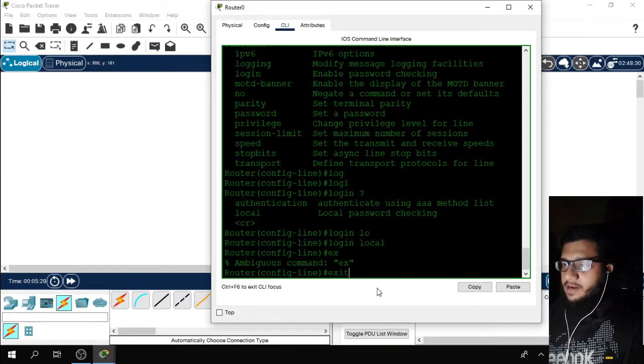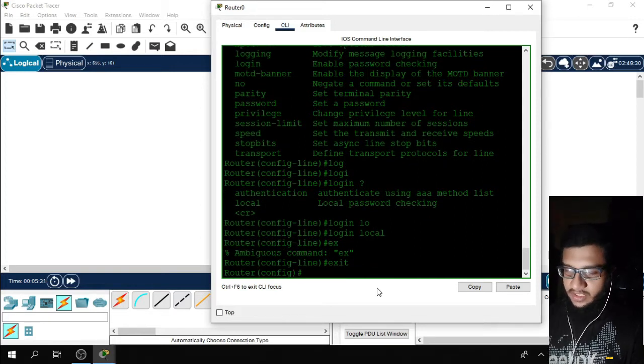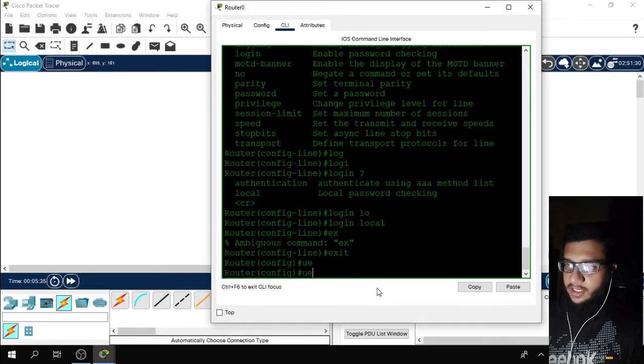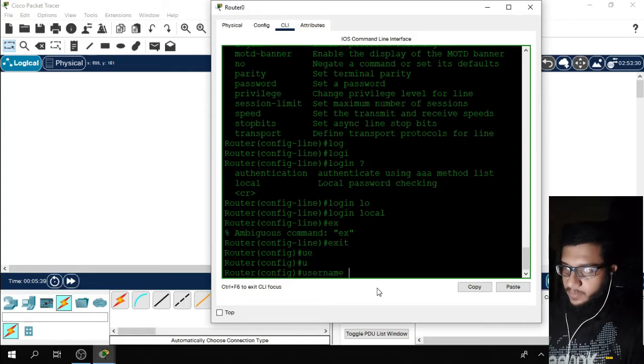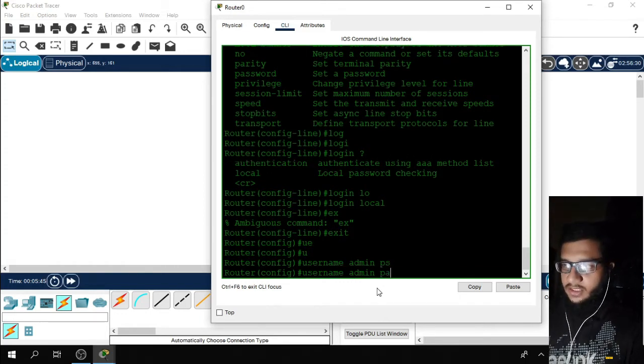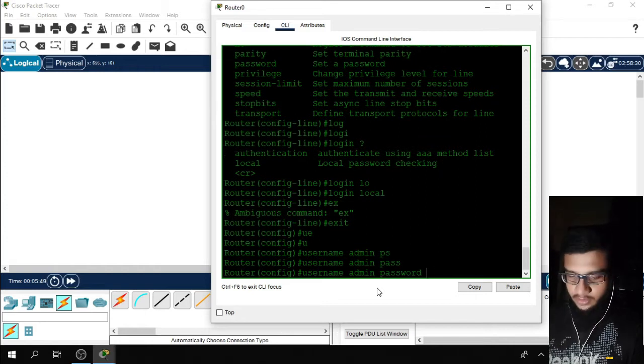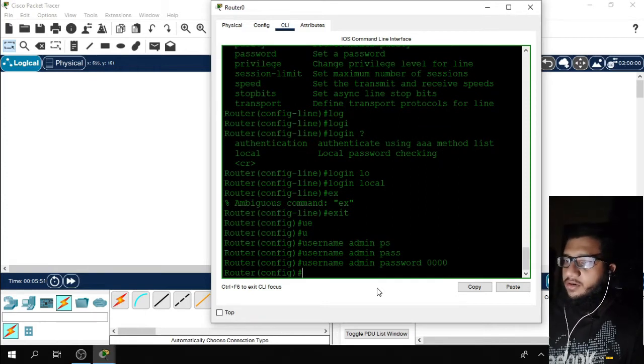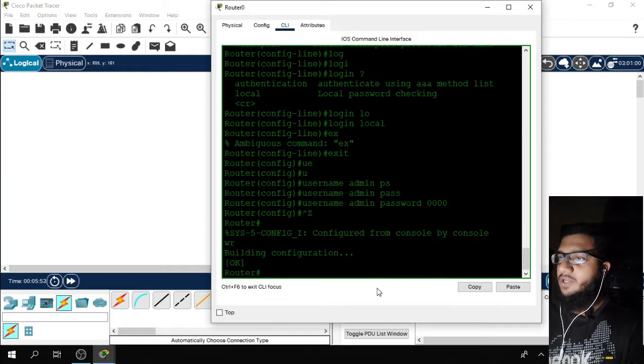Here I will type username admin, password 0000, then Ctrl Z, WR. The configuration has been built successfully. Very nice.